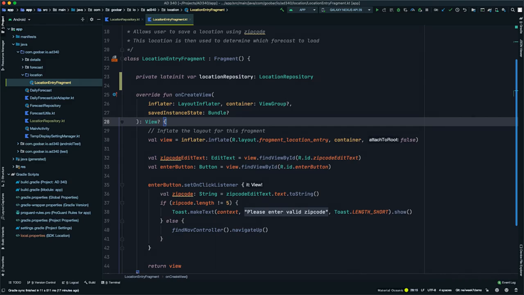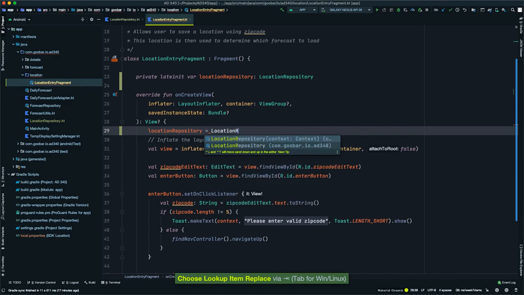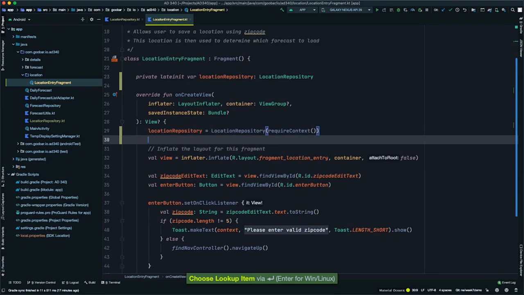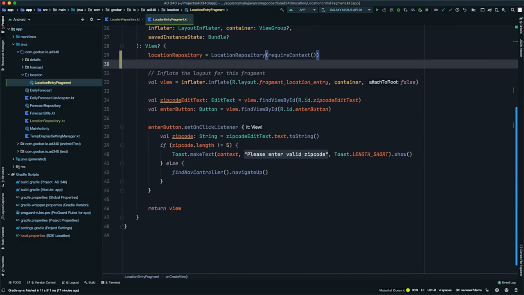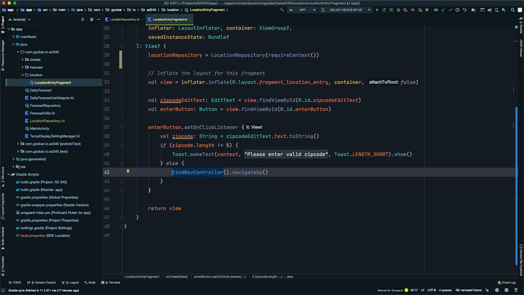Now down here in our onCreateView, we will go ahead and create our instance of location repository. So we can type locationRepository equals, and we'll create a new instance of LocationRepository and pass in context using the requireContext method. Then in the enter button, after the navigate up call, actually, excuse me, before the navigate up call, we can type